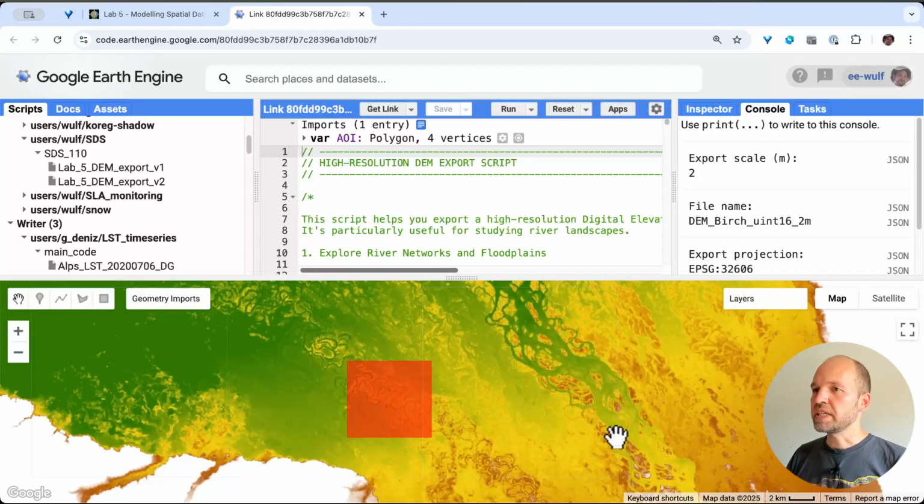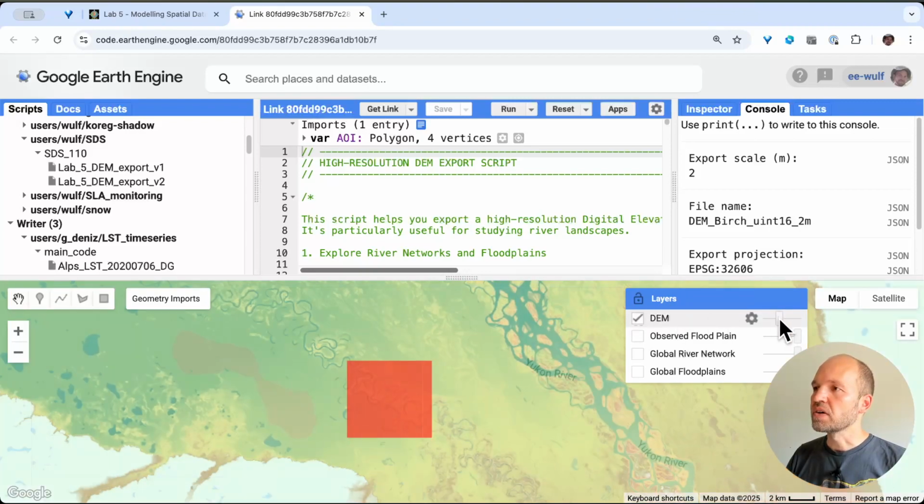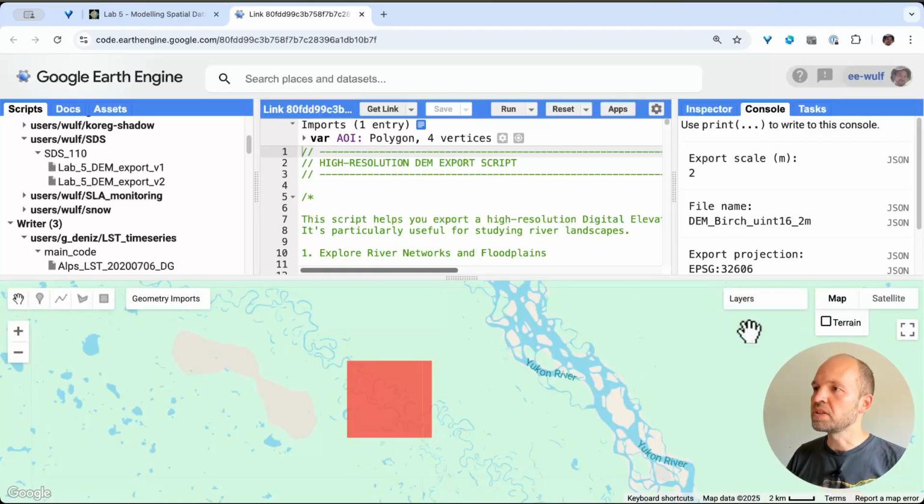Alrighty, so the task is to download a digital elevation model from a floodplain. Where on Earth can we find floodplains? You will get some assistance if we look into the layers menu. You see already the DEM highlighted here. We can use the slider to switch between the typical Earth Engine map, and